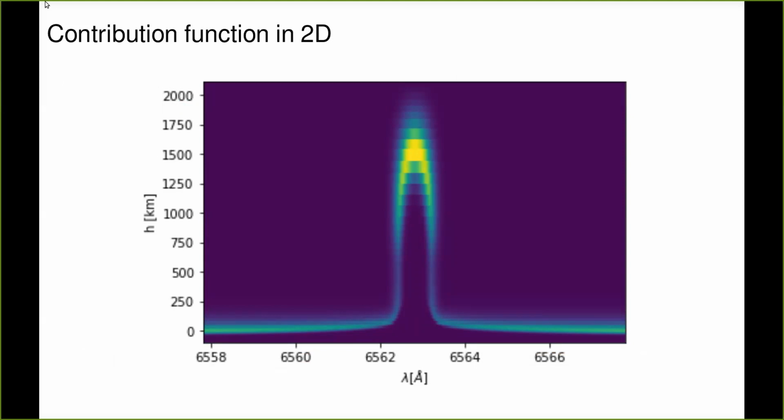And this basically can tell us where, or how much, each part of the atmosphere contributes to the outgoing radiation at which wavelength. So you see that in the line core, important is this region over 1500 kilometers. At the continuum, important are the regions about 0 kilometers, and so on. Okay, very good. So this is one way to analyze your lines and to figure out where the things are formed.